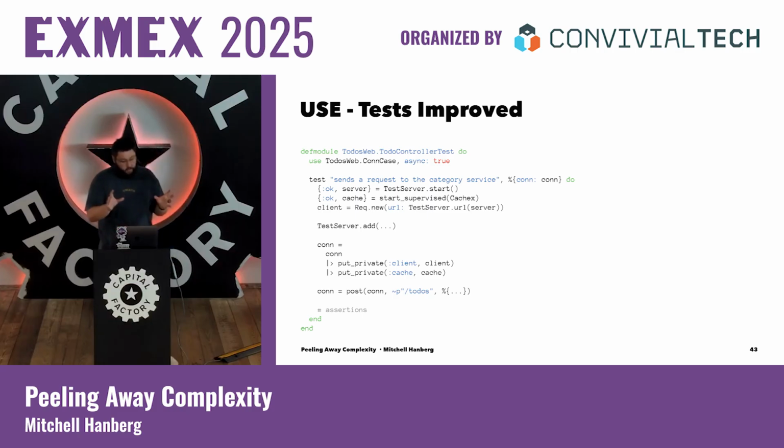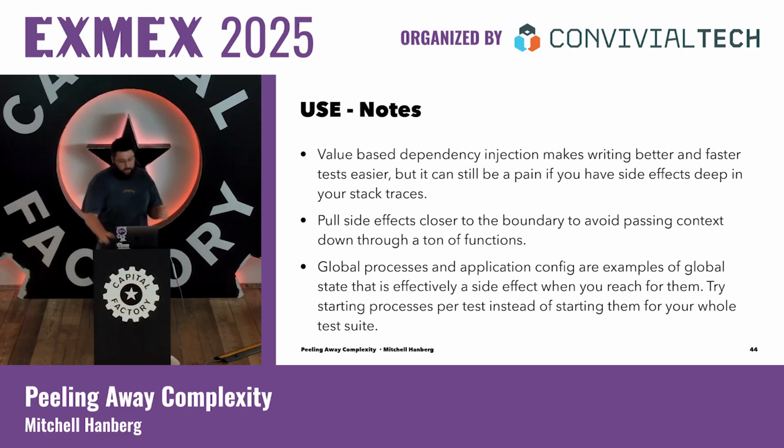This is just a complicated way of, because the post helper there from the Phoenix controllers is basically just like your function here, but you're just not used to calling it that way because you didn't really write it. But in its parameters, in this sense, is that private field in the struct. So you can put them in there, and you can run all your code asynchronously, and you have full control over it all. So value-based dependency injection makes writing these tests better and faster, but it can still be a pain if you have side effects deep in your stack trace, because